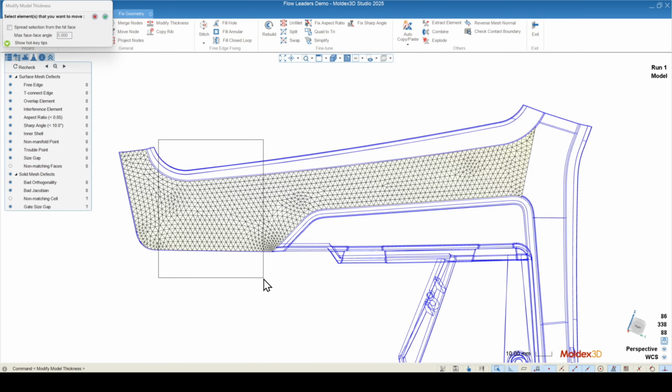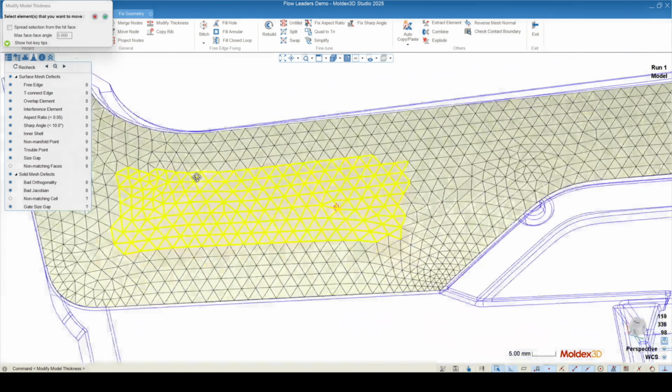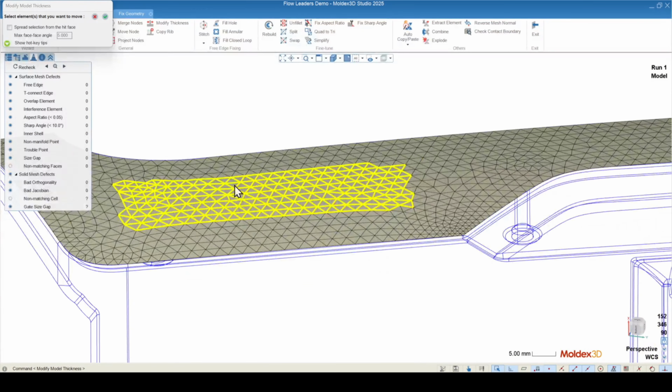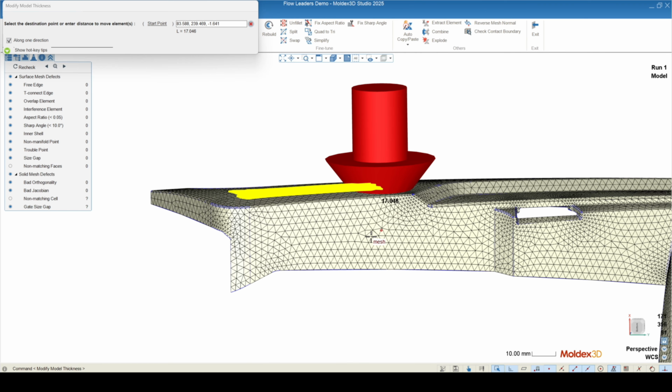All right, so I'll select, let's say, a group here, and then I'll take out a couple, maybe like the top and bottom here. So let's say I want to modify this group of elements, and I just want to maybe lift this bulk of elements upwards a little bit. All right, so you can see I can move this group of elements up or down a certain amount,